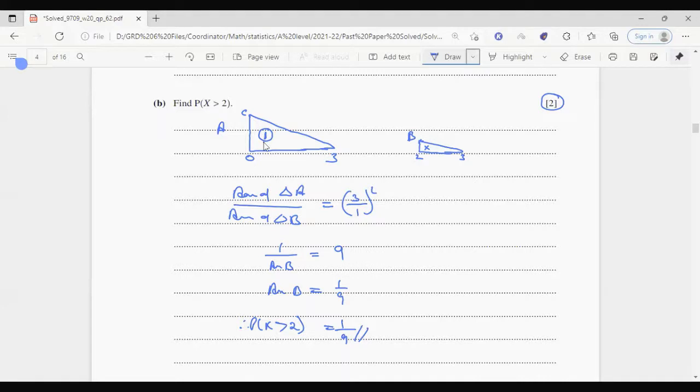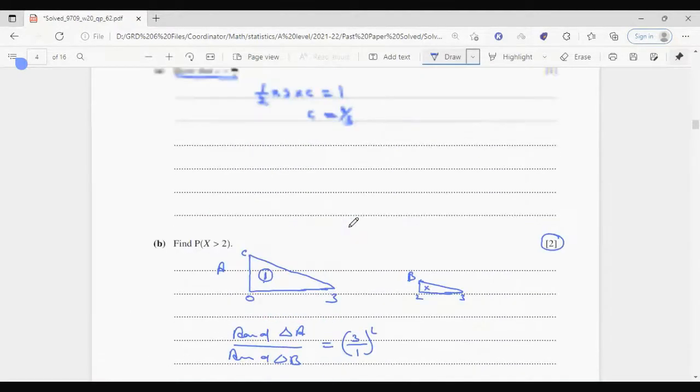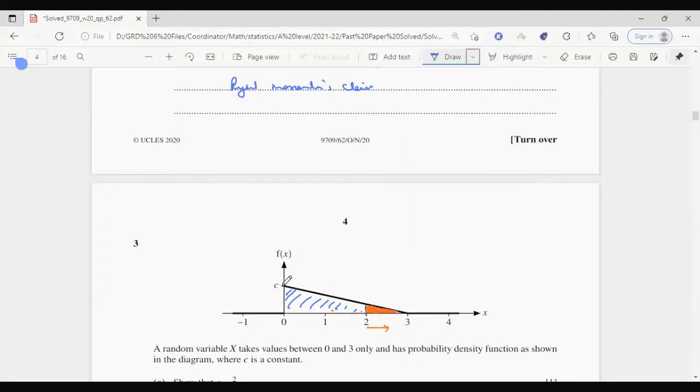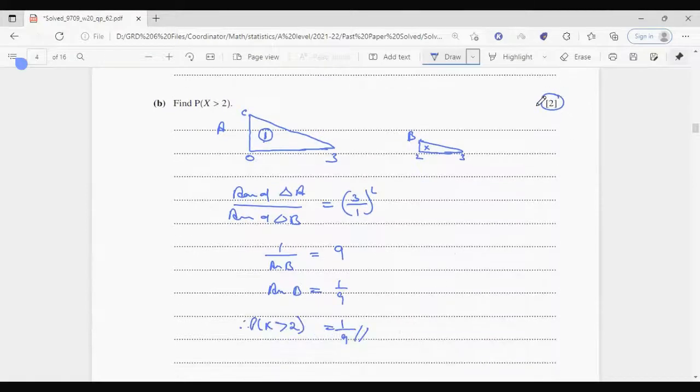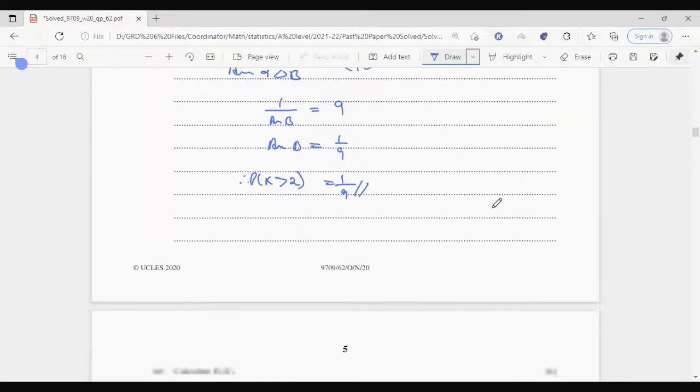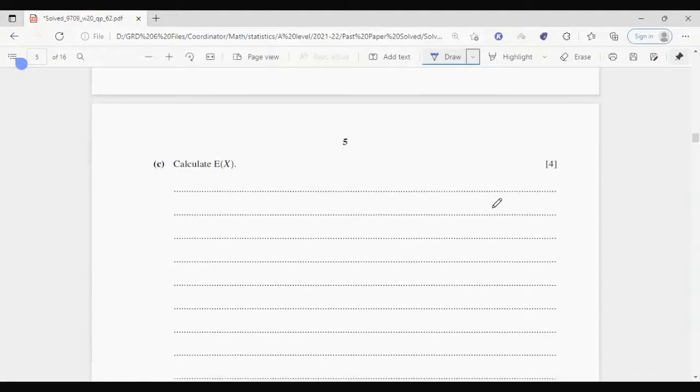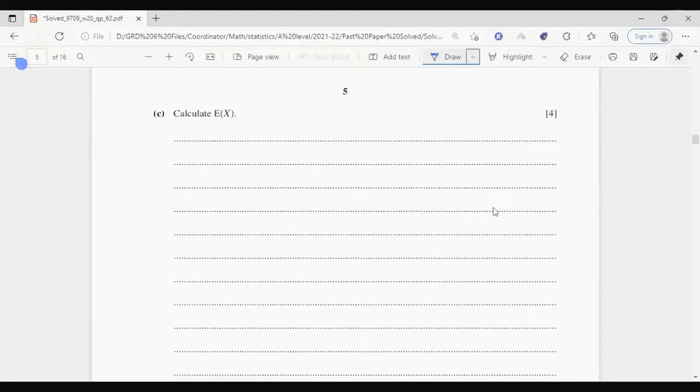So you can use this concept, or you can use directly the line function. You can find out the function y equals mx plus c and then get back to this answer, but know that it carries only 2 marks. So try to find out an easy solution to that. Now coming on to